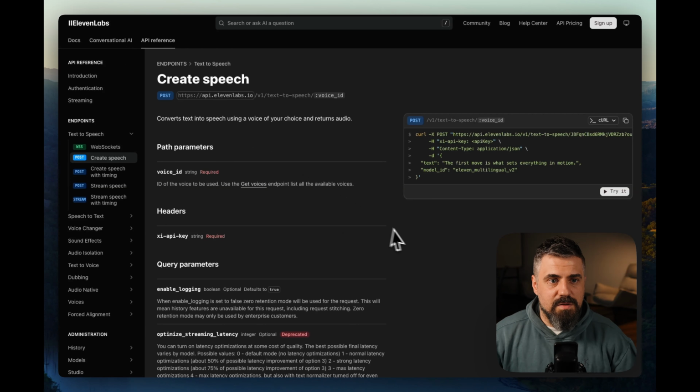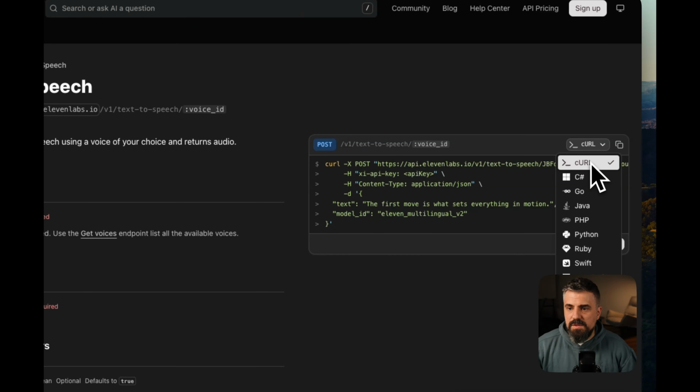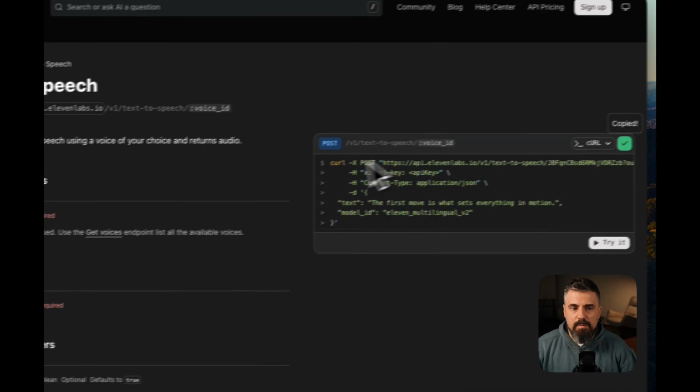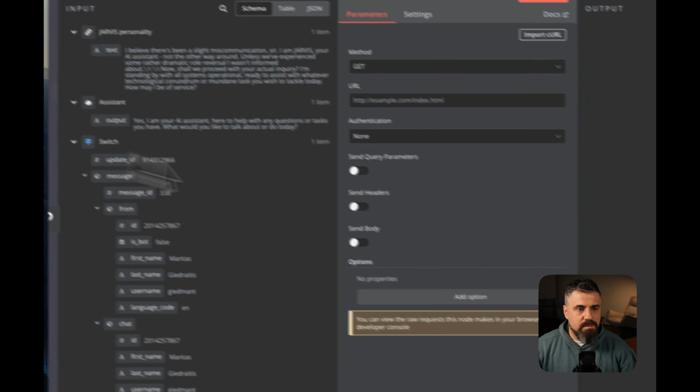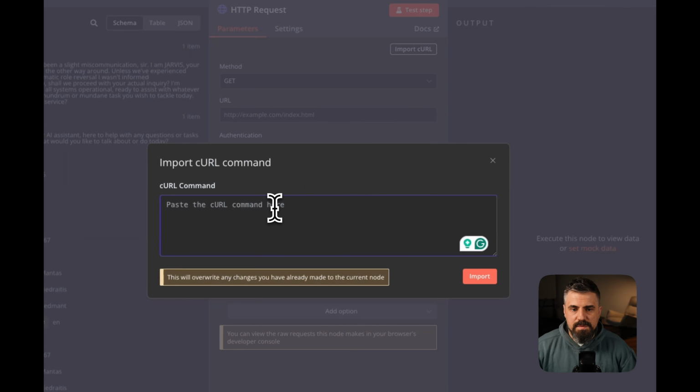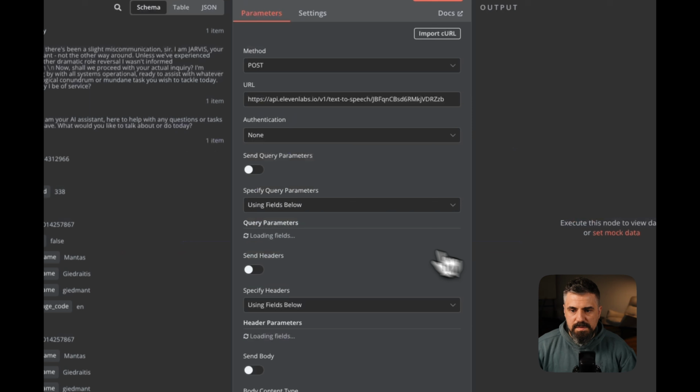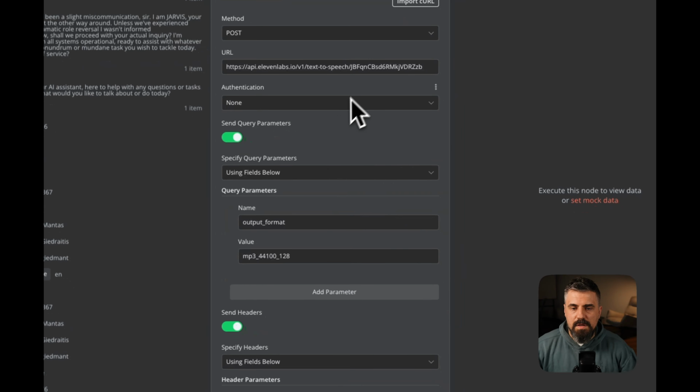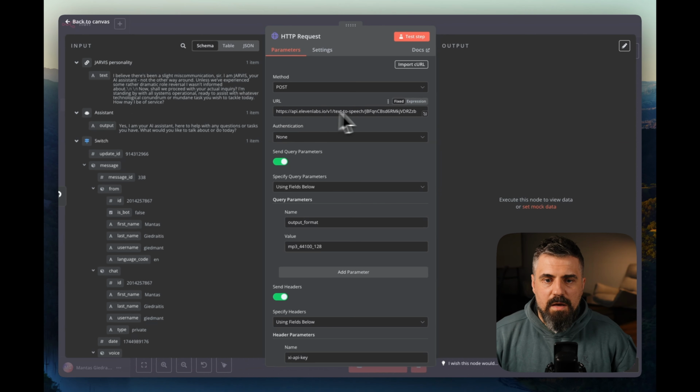But just go to the 11 Labs documentation, API reference, and you will find it out here in the post, create speech. Cool. I will just select curl out here, copy, go back to n8n, import curl, paste it, import, and all of it is pasted. Now we have the URL,